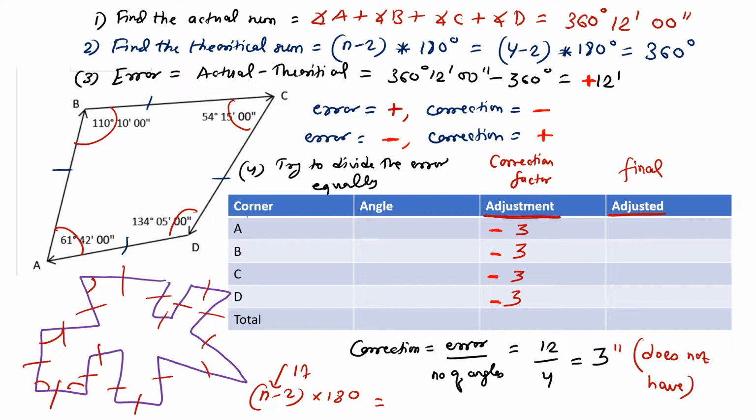Why is it 3? Because this 12 is divisible by 4, the number of angles, and we don't have any decimals, so just divide the error equally. That's it. In the next slide, I'm going to explain what happens if you get decimals, but this is the first condition, right? So let me write the angles. Angle A is